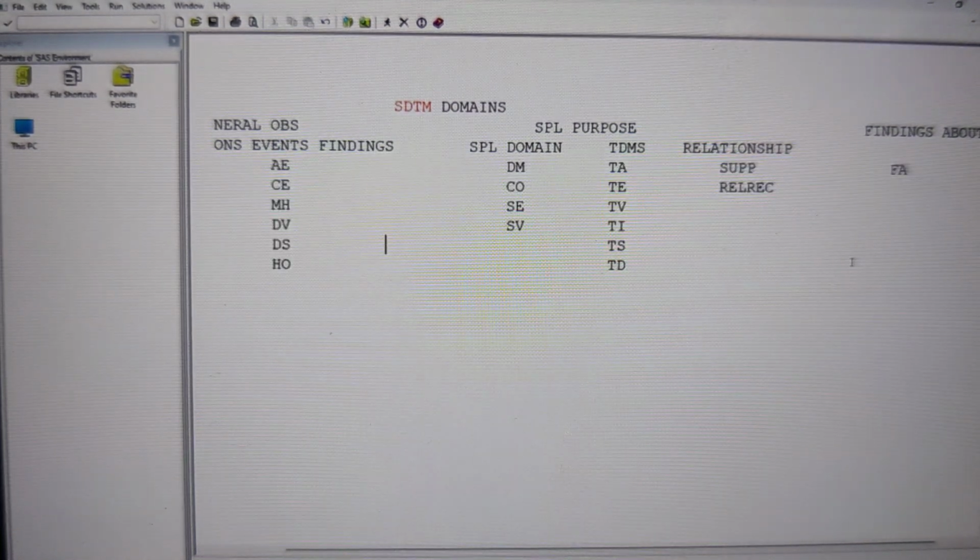In such a scenario, we are going to put that information in findings about, say for example, some bleeding information like that. And now, in any of these domains, we do not have anything related to dermatology. If we have any skin reactions, to keep that information, we have a new domain called skin reactions, or SR domain. So findings about and skin reactions, both are going to come into which class? Findings about. Understand it, everybody?